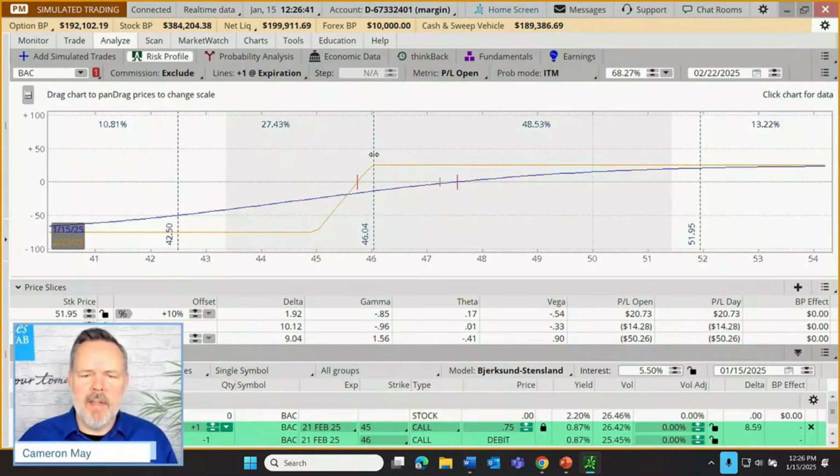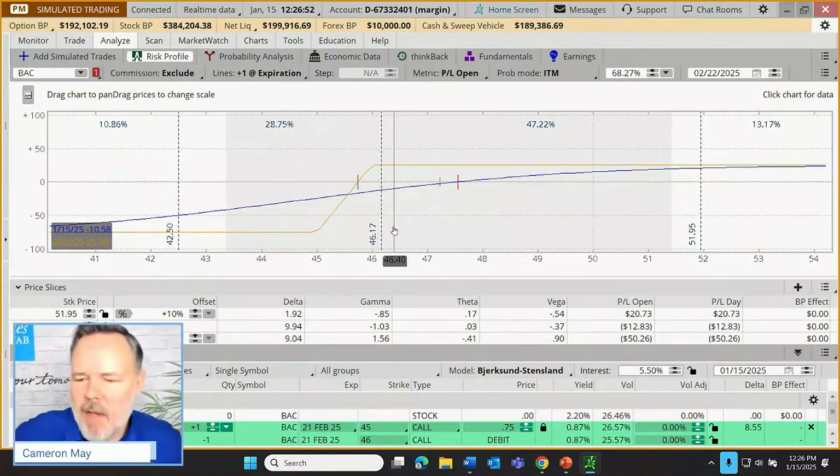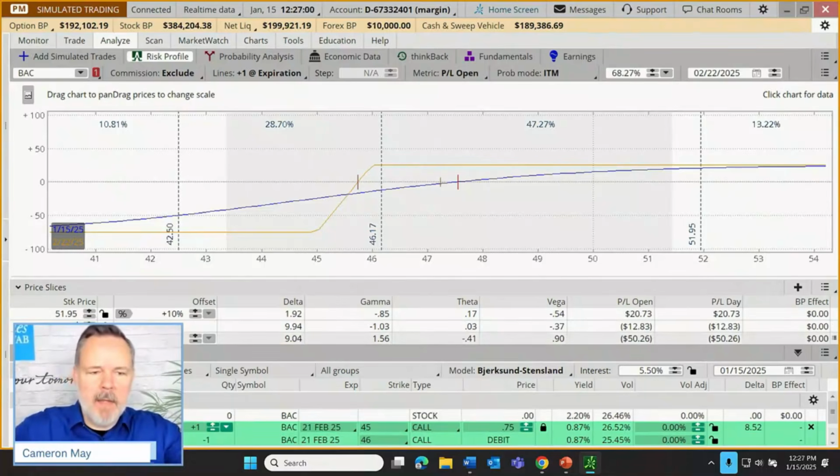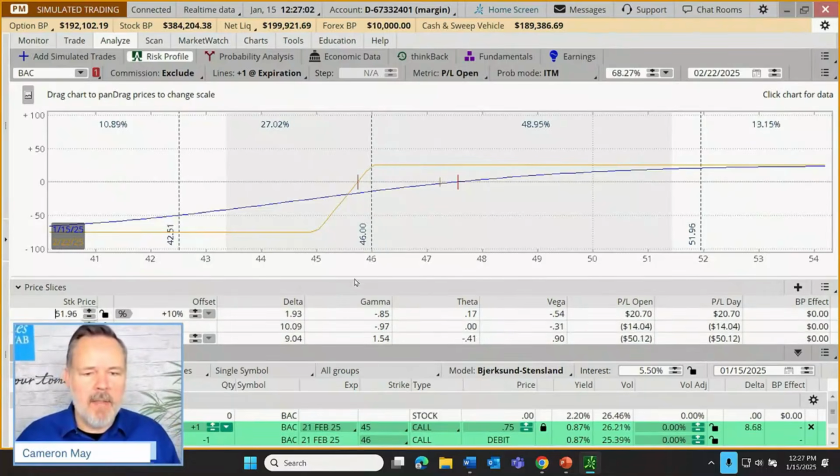Notice this is like 46.06, 05, 04, 03, 02, 01. A little bit finicky to do it that way. Another thing that I can do, let me just put it right there. Let's say I did my best job, but I still wound up at 46.17. Another way I can move that slice is just to change its value down here. Let's type in $46 right there, and you notice that moved that slice right to my upper strike price.